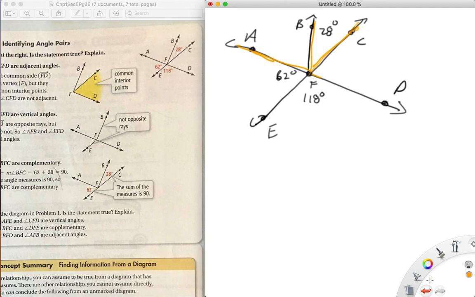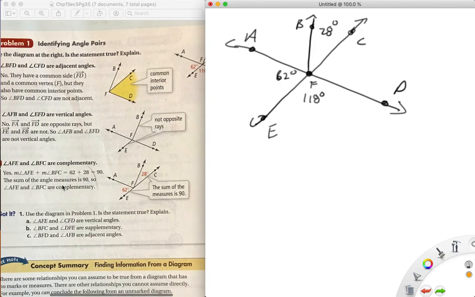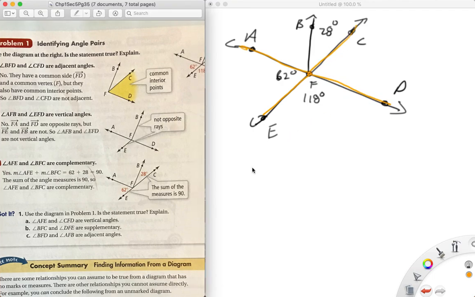No, wait. I think that's not what they asked me. Okay, they want to know if angle AFE and CFD, so this angle and this angle, are vertical angles. And the answer is